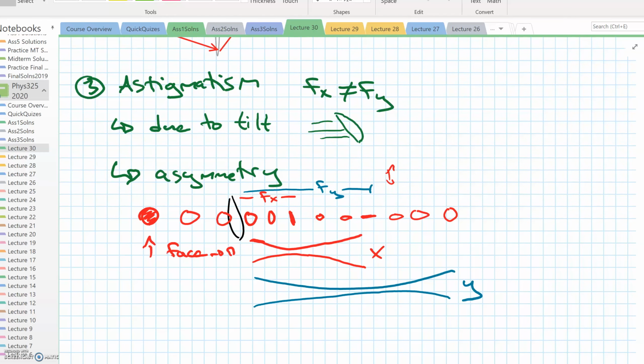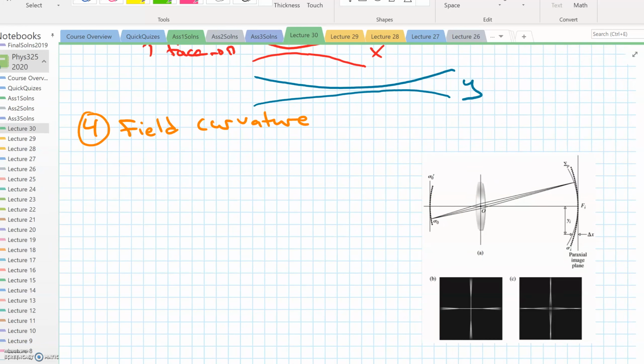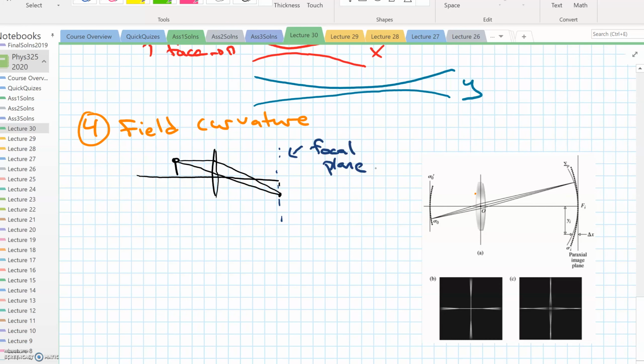And field curvature occurs because the focal plane that we've been using in our geometric optics is not actually a plane, but rather a curved surface. So the point which all rays focus to is actually a curved surface called a Petzval surface. Or Petzval surface, I don't know how to pronounce that properly. It's one of those words you've only read, you haven't heard anybody say. Anyway,